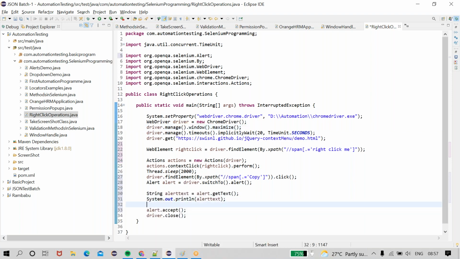Then I am printing the text and I am accepting this. See what will happen. I have added some thread.sleep to check myself. Basically, in real time, thread.sleep won't be accepted, because if you use thread.sleep, the code will definitely wait somewhere.